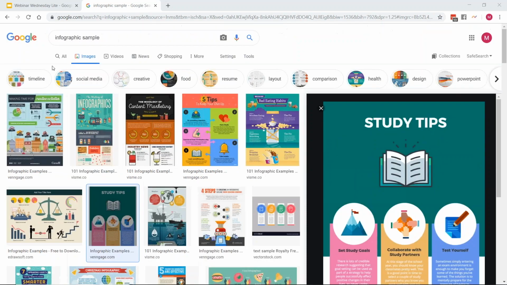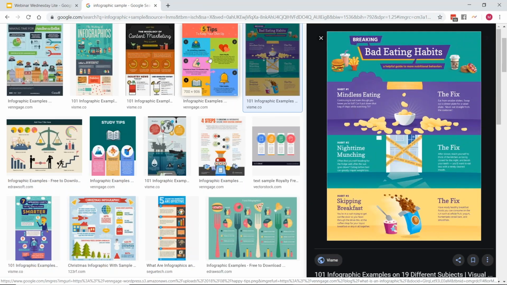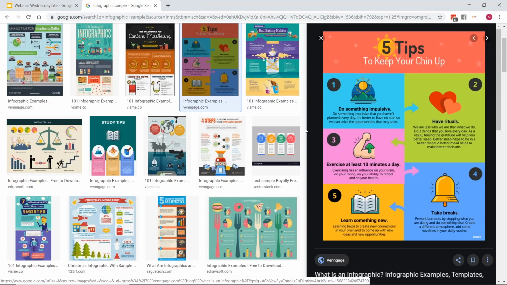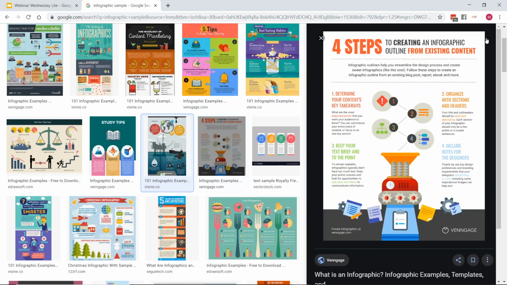And I just did a Google search for sample infographics. Again, tools like canva.com are free to sign up, and they have thousands of templates where you can easily create things like this. Look at this, it just says study tips and has these 3 tips on it. It could be a little more elaborate like this one. Besides Canva, there are tons of tools out there with free templates. All you have to do is almost just fill in the blanks and you can create these resources for your industry.